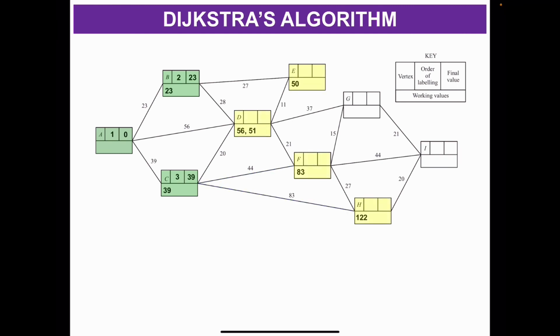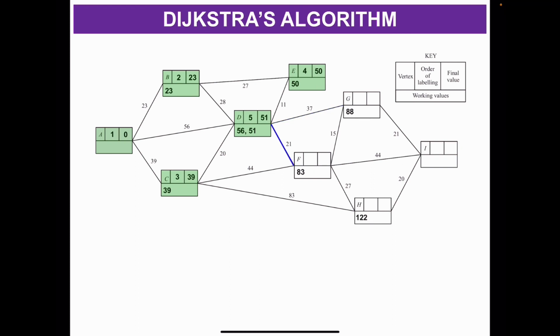So I'm choosing out of these four, the smallest one is E, so that will be my fourth vertex, final value 50. 50 plus 11 is 61. Again, it's higher than 51, so don't worry about that. Now, choosing out of these three, D is the smallest one, so that will become the fifth vertex. That's 51. And 51 plus 37,